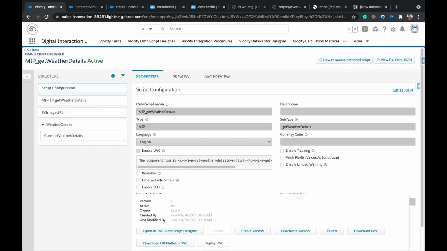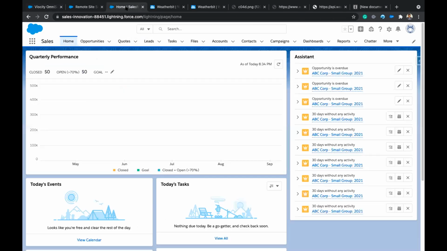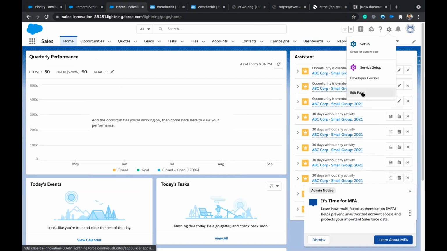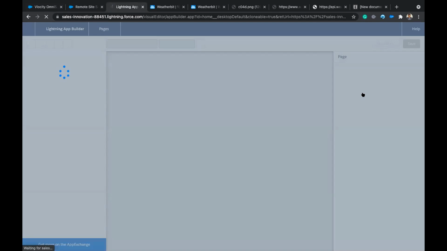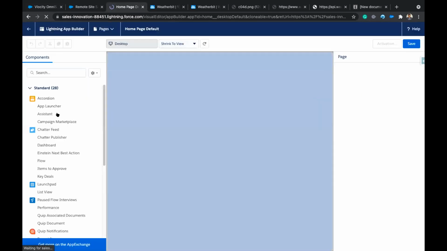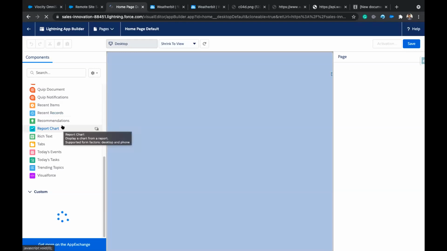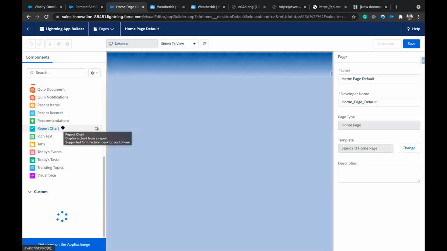Once you activate, you need to click on deploy LWC. Then only you can use it in some of the Lightning pages. So when we edit the page, on the left side, under the custom,